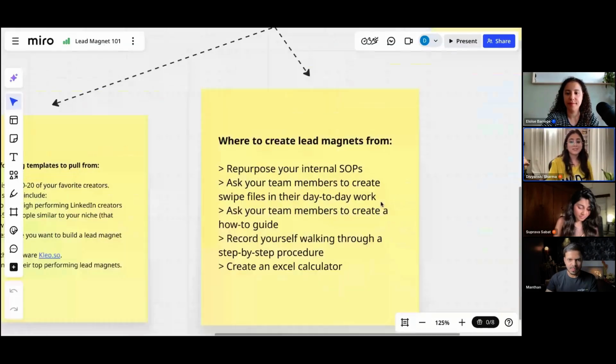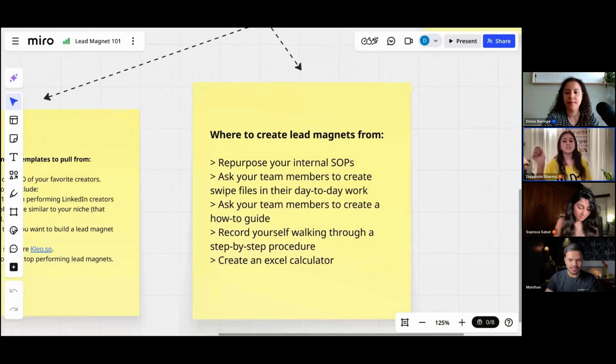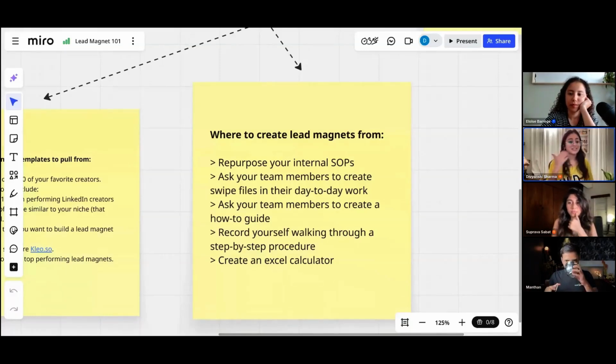Now people must have this question: when we compare the lead magnet post with other posts, other posts are easier to make. You just need to put out your content, you just need to put out your image, and you are good to go. But in a lead magnet post, you need to create the copy, the image, and at the same time you need to create the resource.